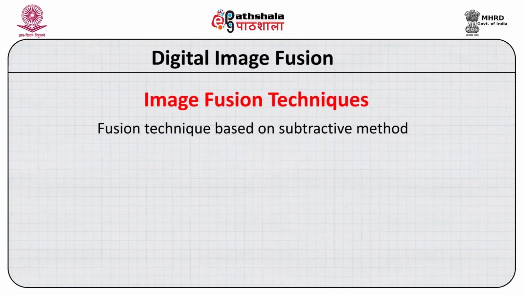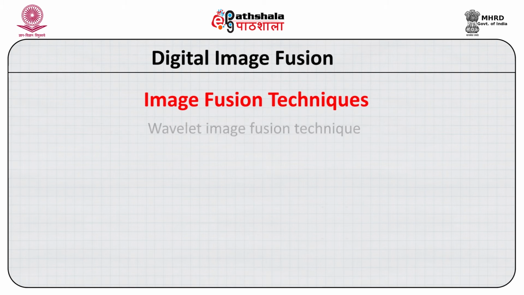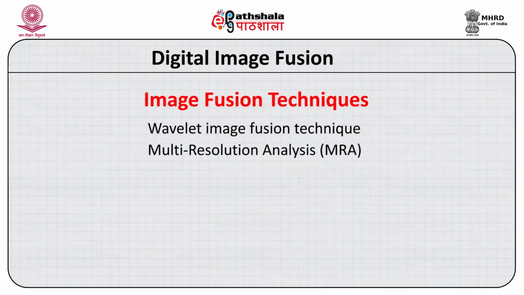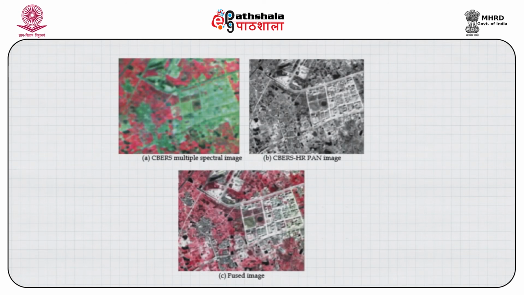There is another fusion technique, what we call the wavelet technique. It was invented in 1980. It is related to multi-resolution analysis theory. It extracts spatial details from a high resolution PAN image and then adds them to the MS bands. The wavelet image fusion technique can improve the spatial resolution while preserving the spectral characteristics to a maximum degree, but the method discards low frequency components of the PAN image completely. In the output fused image, the color seems not to be smoothly integrated into the spatial features. Details of small objects are lost and the edges of buildings are also distorted in the output image.